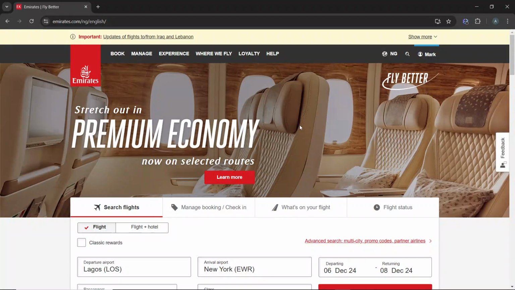Hello, in this tutorial I'll show you how to change meal on Emirates. Follow these detailed steps to change your meal preference on Emirates via the Emirates web app. The first thing you'd like to do is to launch your browser and go to the Emirates official website at